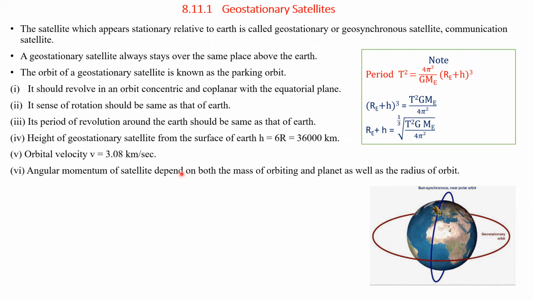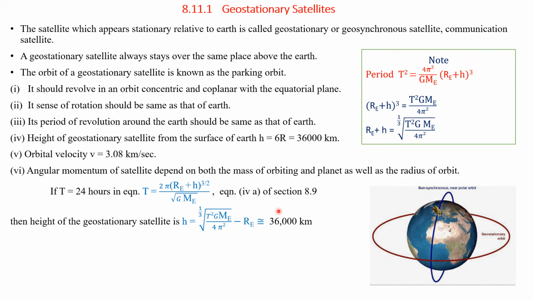Angular momentum of a satellite depends on both the mass of the orbiting satellite and planet as well as the radius of the orbit. Therefore, summarizing, if T is equal to 24 hours, as said earlier, in the equation T is equal to 2π (Re + h) to the power of 3/2 divided by the square root of G Me. This is by taking the square root of this equation